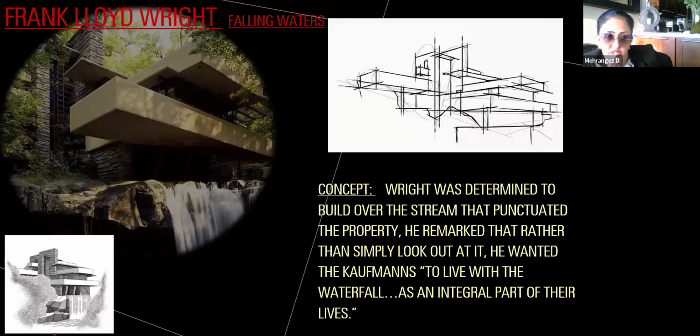Now, the Kaufman House is called Falling Waters. The owners of this house were Mr. and Mrs. Kaufman, and they had this property, and it had a waterfall. So the client asked him to do a house for him so that he could see the waterfall. But Frank Lloyd Wright